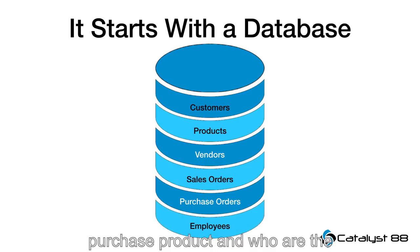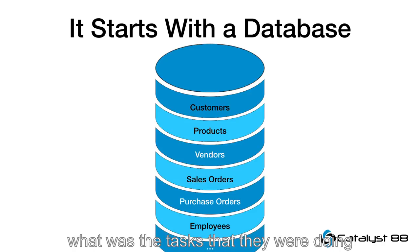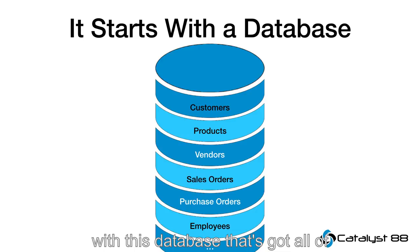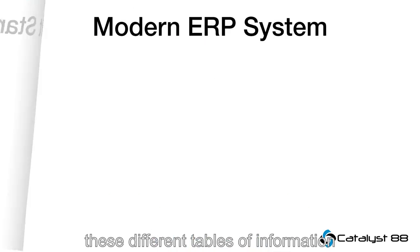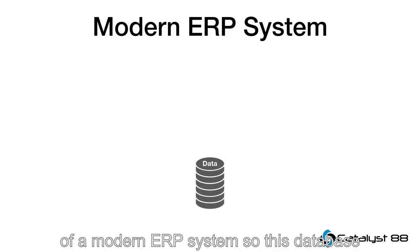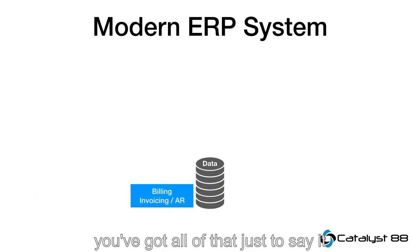And who were the employees, and who worked on what, and what were the tasks that they were doing, and so many more things. So you start with this database that's got all of these different tables of information in them. And that becomes then the core of a modern ERP system. So this database sort of sits at the center. And when you've got all of that, just to say it again, then you can figure out